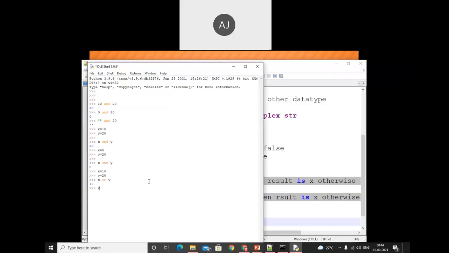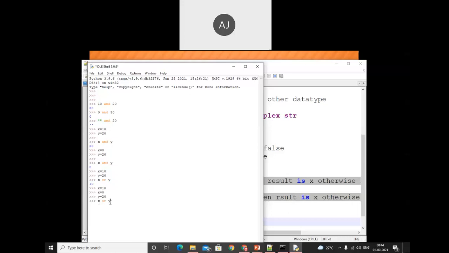Now let's try x is equal to 0 and y is equal to 20. Now x or y. In that case, x is false, so the or condition is not satisfied by x, and it will return y.